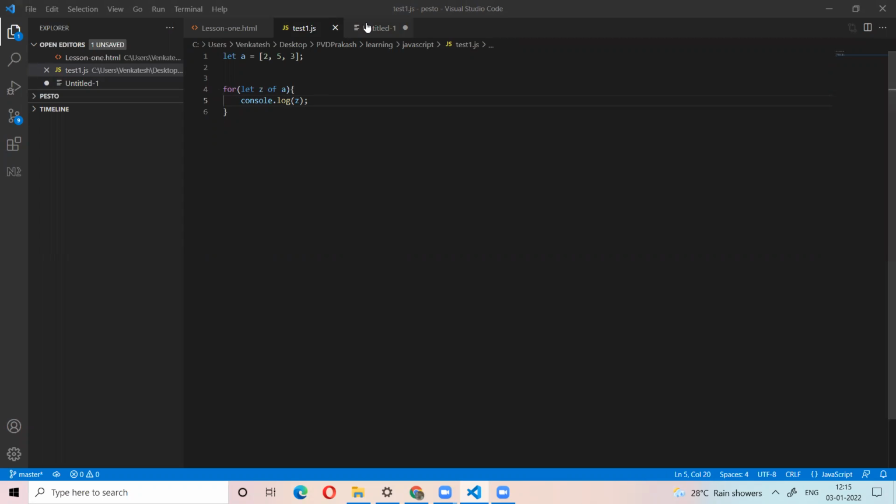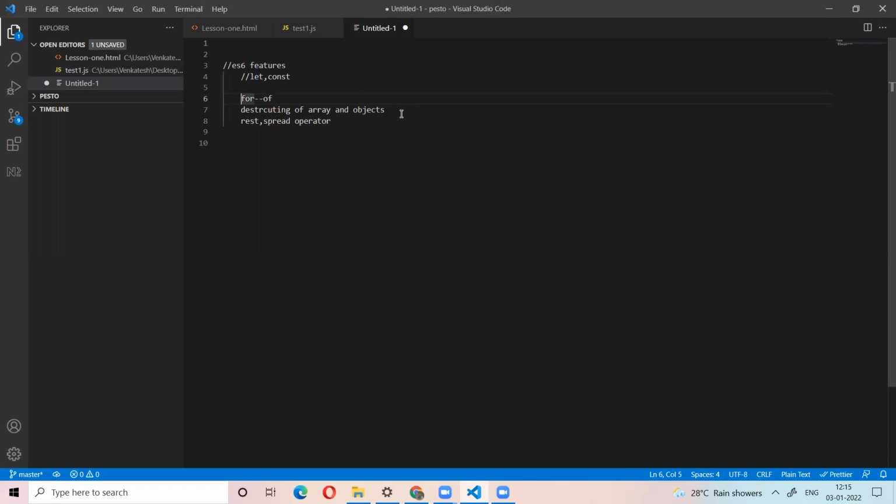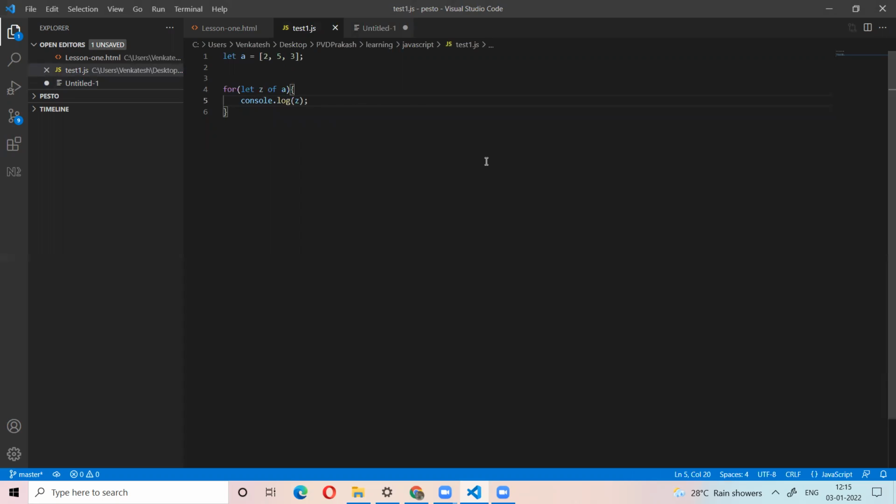Now, next we see destructing of the array and objects. Destructing means it will destruct the array or object. For example, we have an array. Destruct means it will split the array.